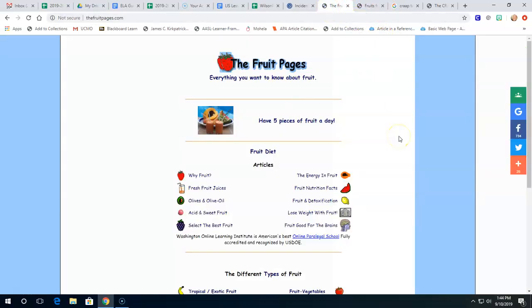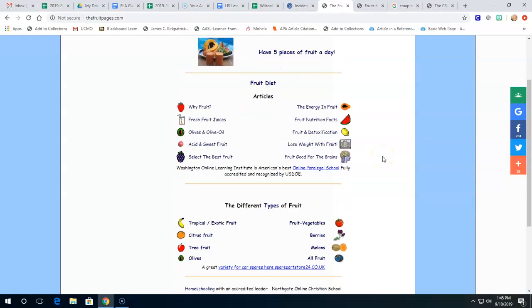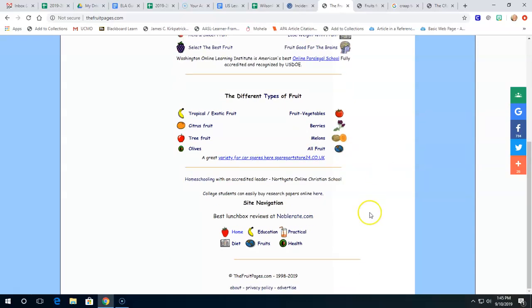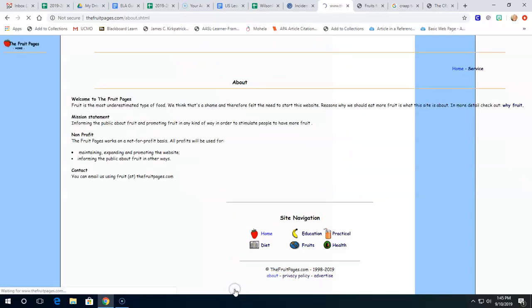This page, however, called the fruit pages, should obviously look a little off. It doesn't look as professional as the other page, and at this point, it doesn't show exactly where the information came from. As we scroll down, they do have an About section, which you can definitely look for anytime you're going to decide to use a site. See if they tell you about themselves.